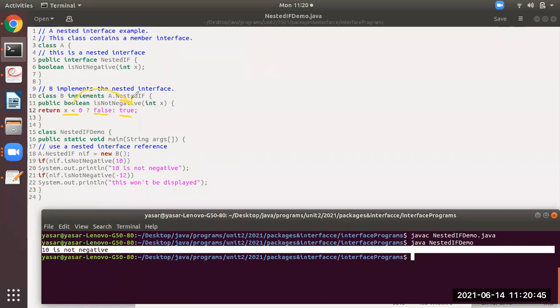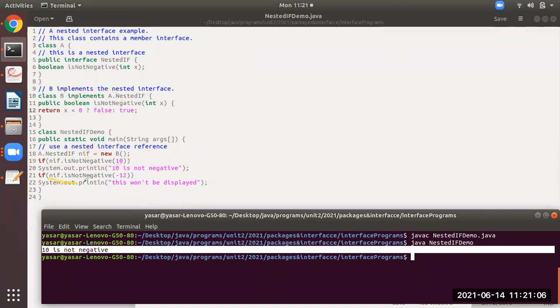It will return expression 3 from here. So this if condition is receiving a true value. If that is true, it will evaluate line number 20: 10 is not negative.